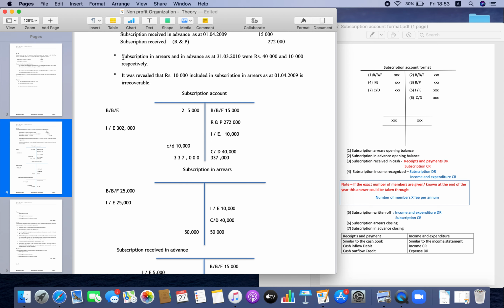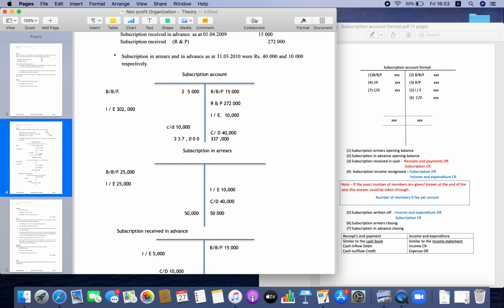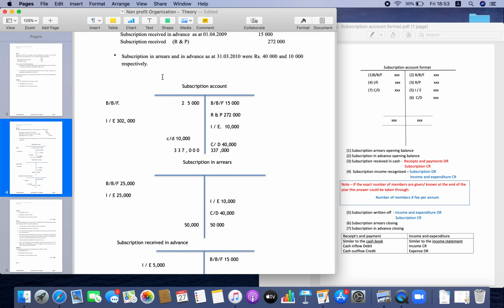I will erase what is given over here. Once you prepare 3 accounts, you can always find your answer this way: subscription income is equal to subscription